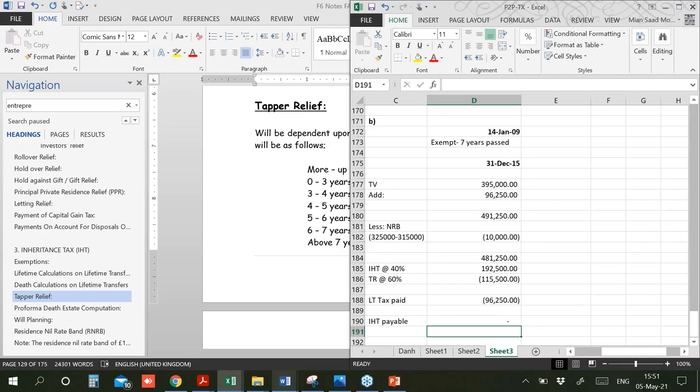Okay. Now, if there is any misconception why I have not taken annual exemption here while calculating the nil rate band: in the last question, I told you that we were given the chargeable amounts of the asset directly.